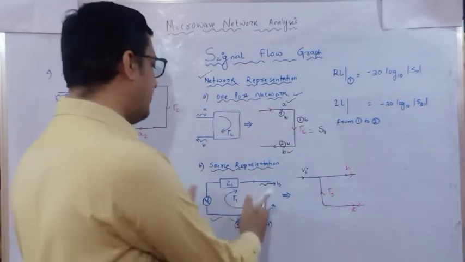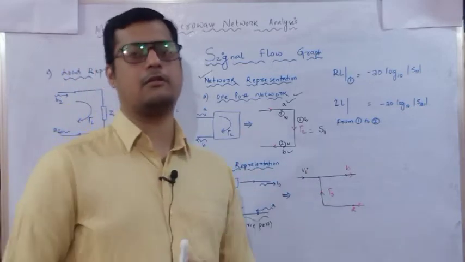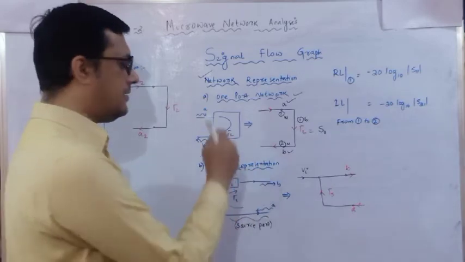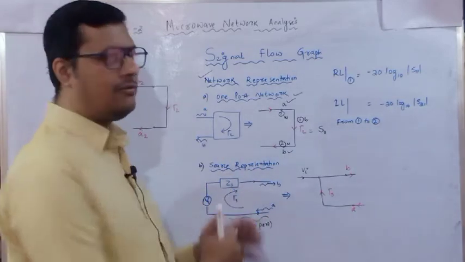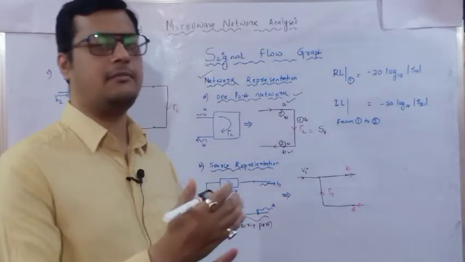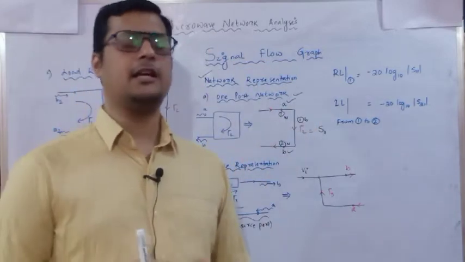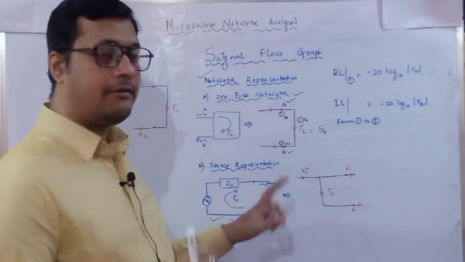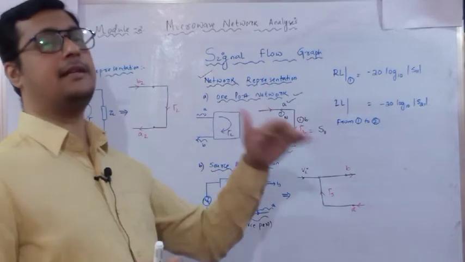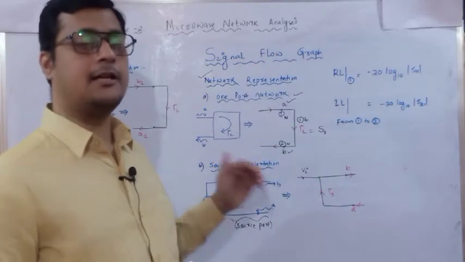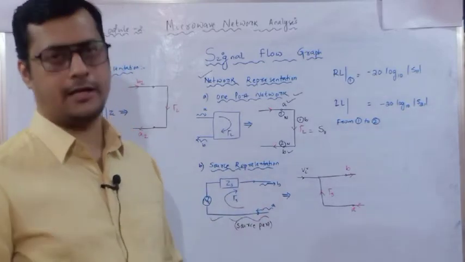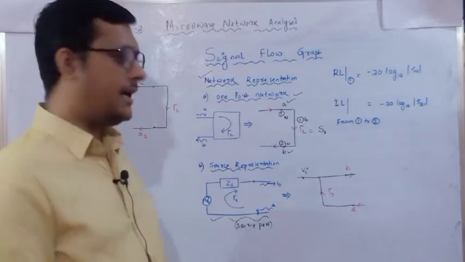Now if the source part is available, we are going to determine the reflection coefficient at the source. Here you can see A is considered at this point and B is considered at this point, because the reflection coefficient with respect to the source is the reflected potential divided by the incident potential. Only the thing is that we need to represent this in a different manner. In this case, the upper part we represented as incident and the lower one as reflected, but when we consider only the source, it gets reversed due to the direction of the reflection at the source end.